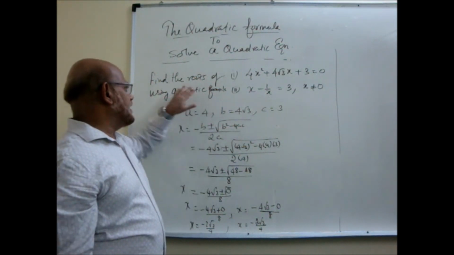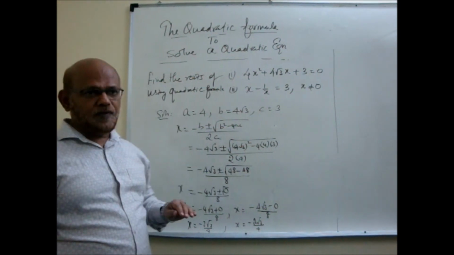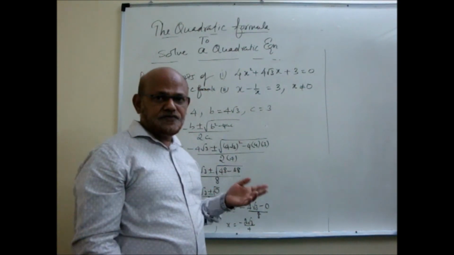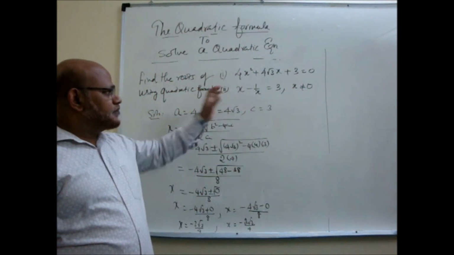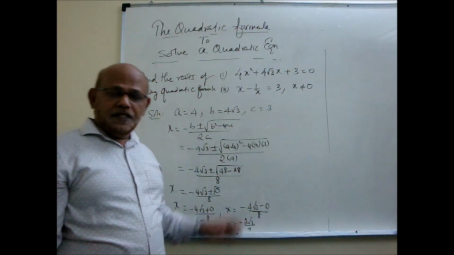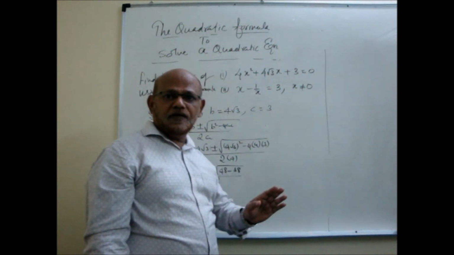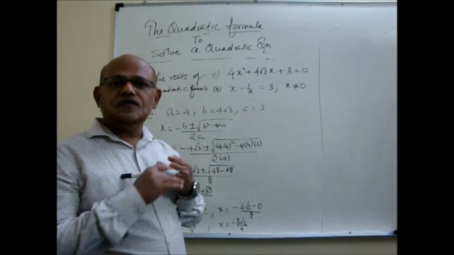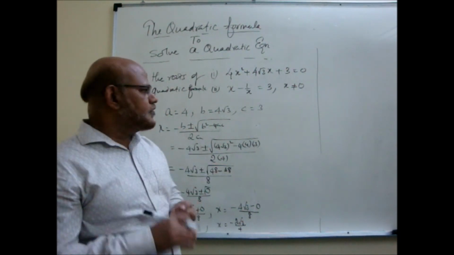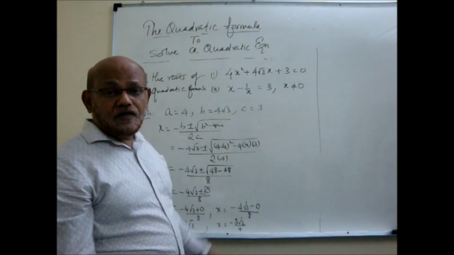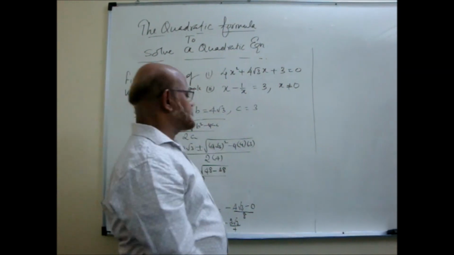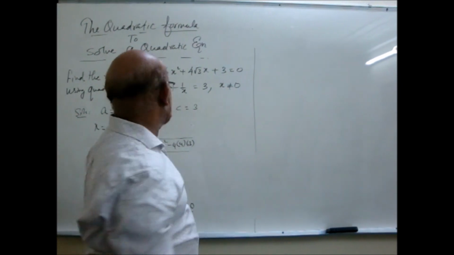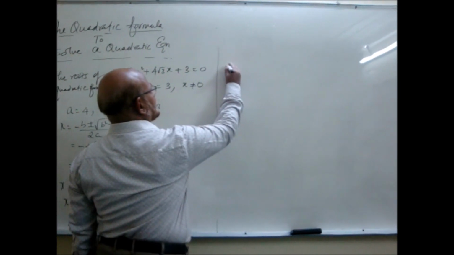If they don't ask you to apply the quadratic formula, you can try to factorize. If you can't factorize, your next option will be solving by formula. If you are asked to do it by completing the square, then you apply that method. Otherwise, either you try to factorize or, if you cannot factorize, you go for applying the quadratic formula to solve. In the case of statement sums also, you will be applying that method. I take the second example.